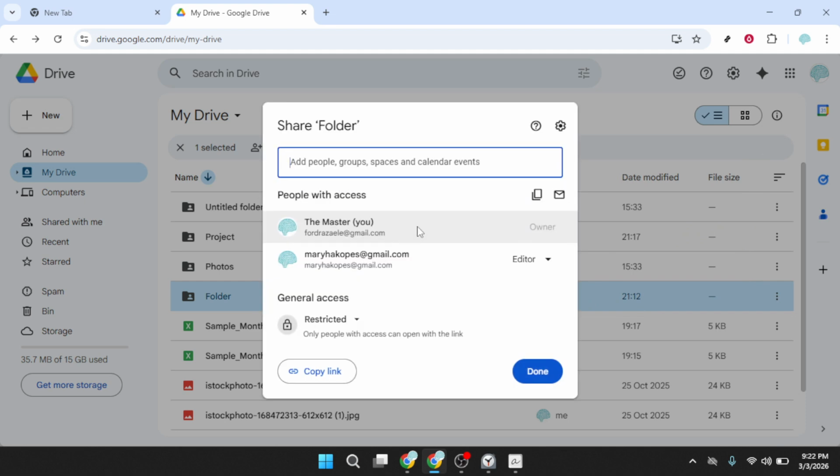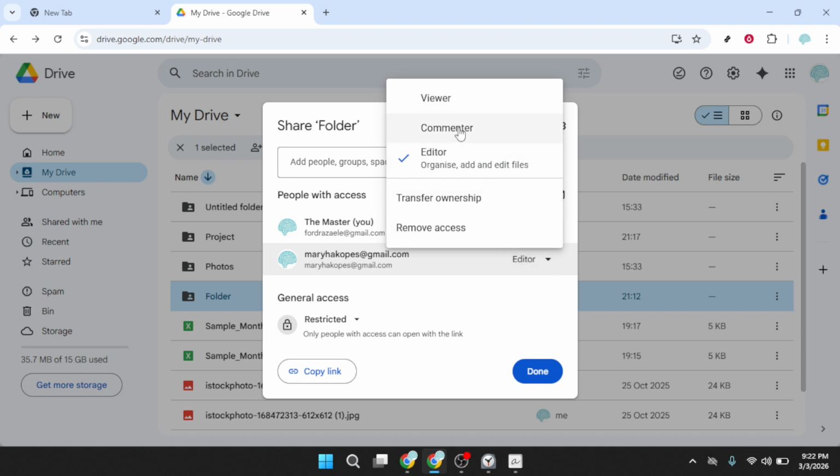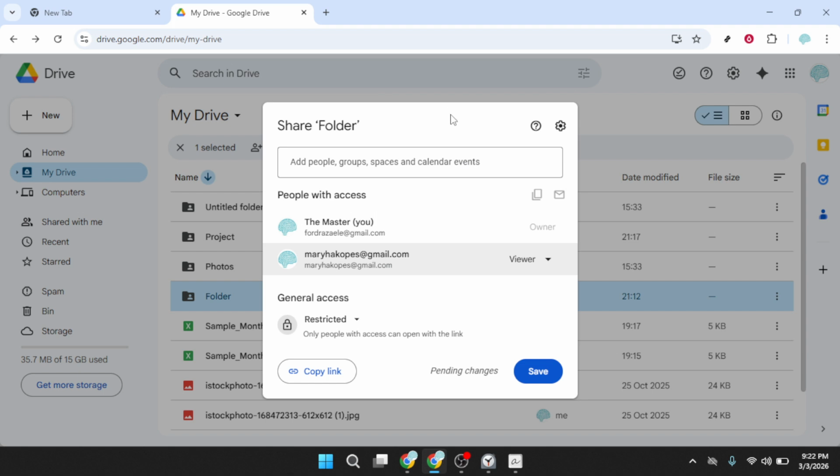In the sharing window, you'll see the people who currently have access to that folder. This is where you decide exactly what they can do. Next to each person's name is a permission dropdown. Change each one to Viewer if you want them to see what's inside without being able to edit, organize, or delete anything. Viewer is read-only access, which is the safest choice when your goal is to lock down a folder